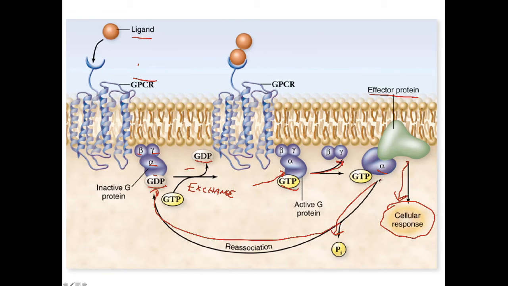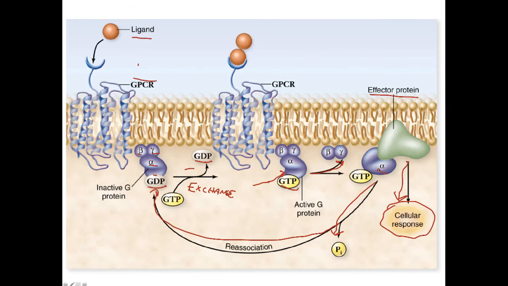And that then allows this signal to be very transitory in terms of inducing a cellular response. If the ligand remains, that is, if the cell continues to receive signal, well then this process will be continued. But when the ligand stops, the alpha subunit is constantly hydrolyzing GTP and reassociating with the beta and gamma subunits. Now it turns out that the free beta and gamma subunits can also interact with effector proteins and cause other cellular responses, but it's beyond the scope of this class to go into that.